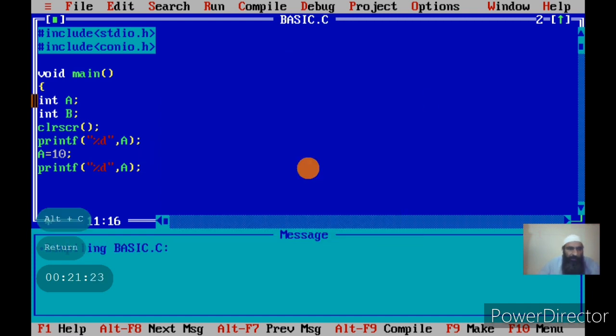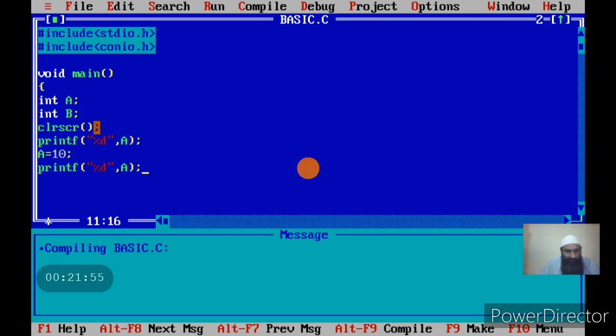Now let us again understand the statements. I am creating a variable A, then I am creating a variable B, then I am clearing the screen. Creating a variable means giving a name to the location as A, and that location will be given by the compiler. I need not worry about that. I am simply asking the compiler to give me the location and name that location as A, and I am going to store integers in A. This is what the first statement means. Same is true of the next statement, but I am naming this location as B.